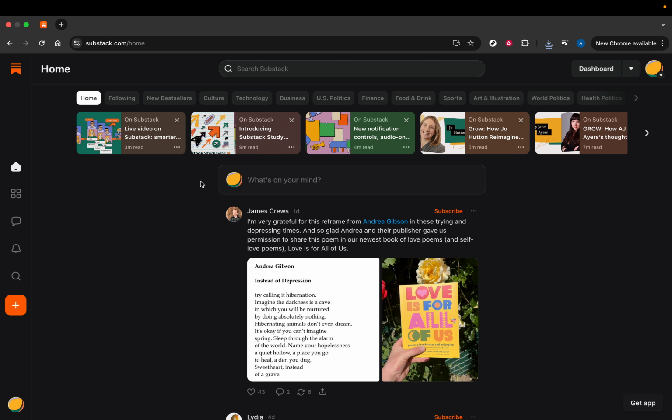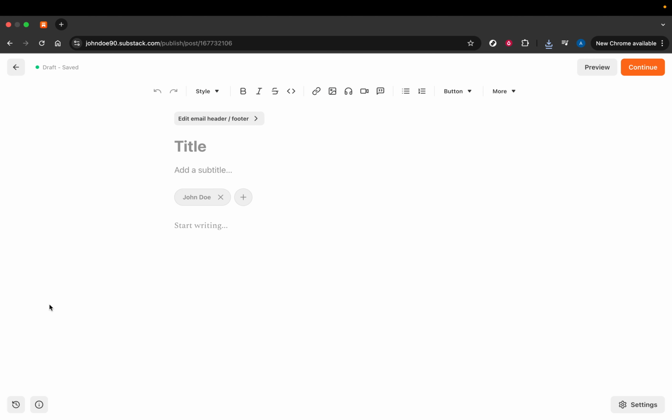Now let's dive into creating or editing a post. On the homepage, you'll notice a New Post button. Go ahead and click on that. This will open up a fresh canvas for you to start crafting your content. Here, you'll be able to type out your thoughts, insights, and updates that you wish to share with your subscribers. Remember, your readers are here because they want to hear from you, so make sure the content you create is